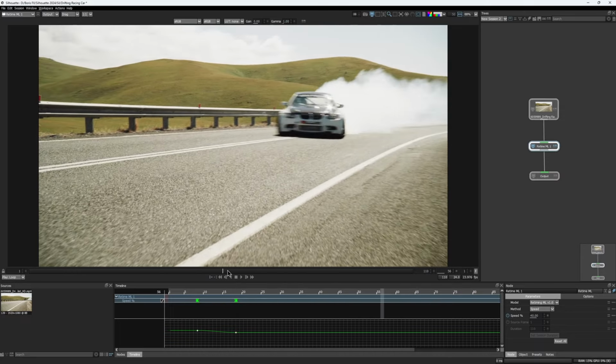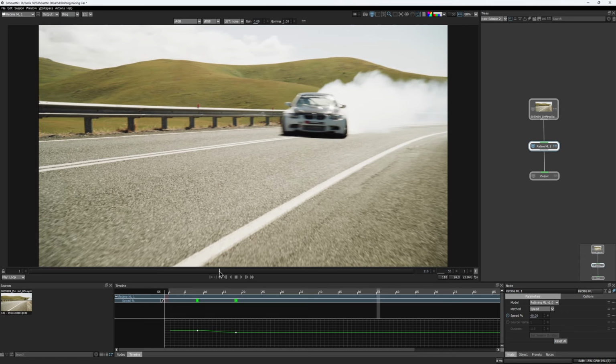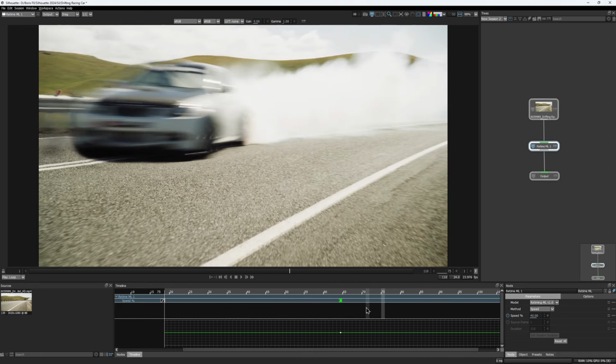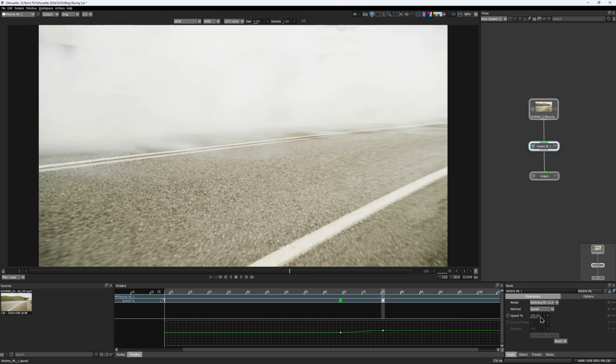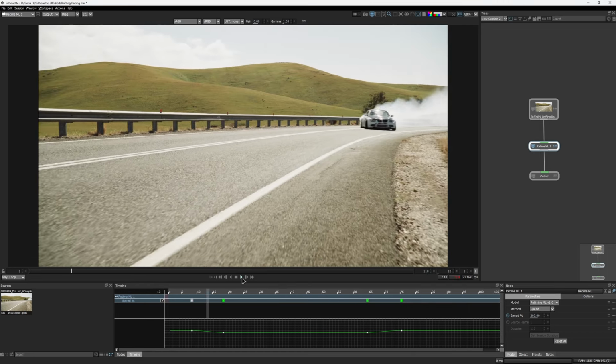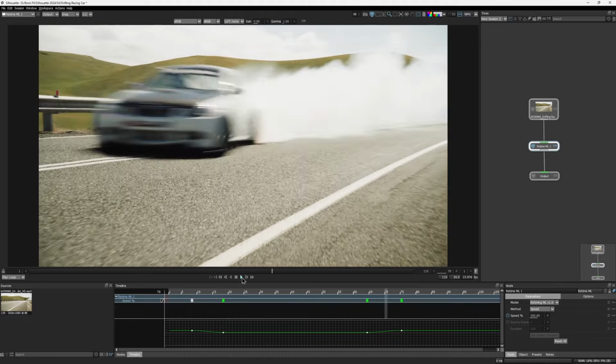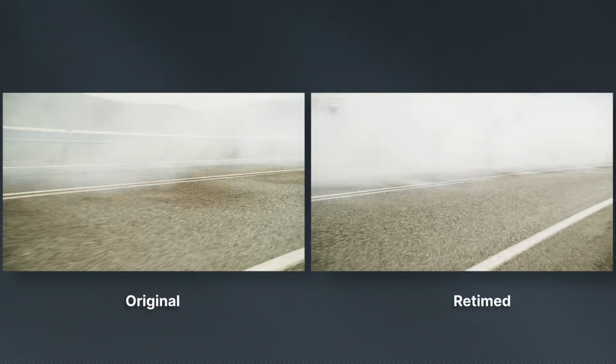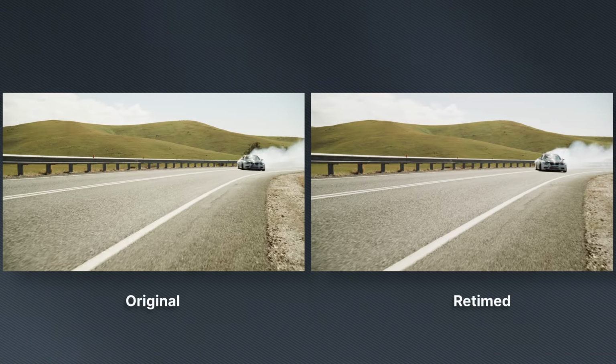Now let's figure out the end part. I scroll to the point where I wanted to speed up again, somewhere over here, hold Alt and click on a timeline to add another keyframe. Then go another 10 frames in time and set the speed back to 200. The easy interpolation is already enabled, so let's see what we have. By adding a speed ramp effect, we made our clip even more dynamic than it was before.